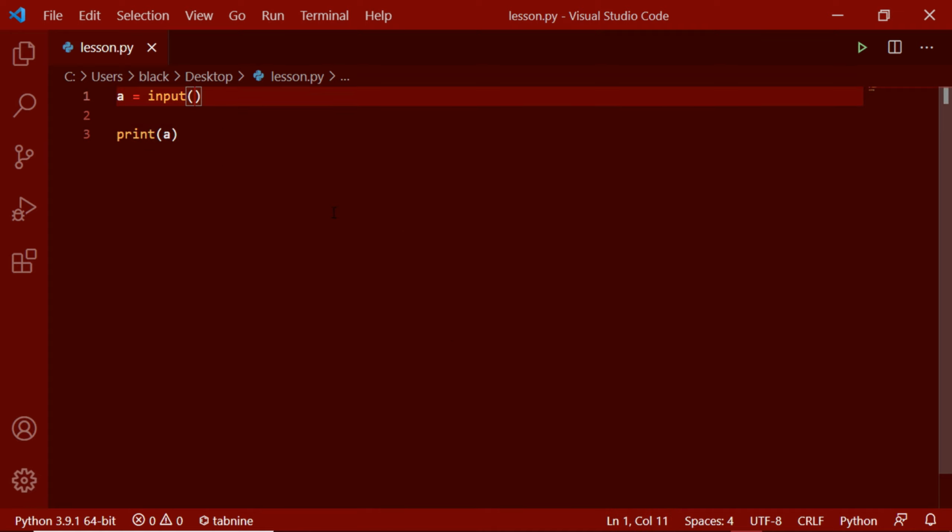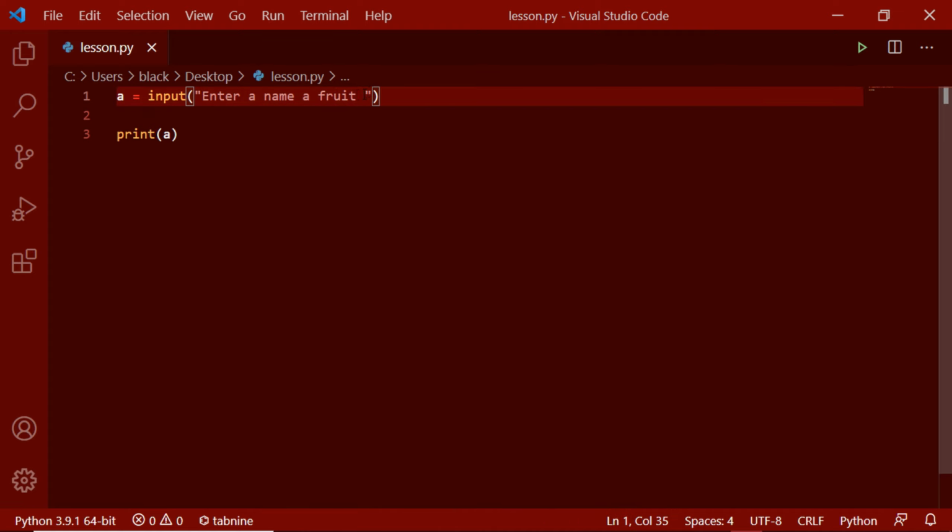Now let's say we want to give our user a message about his input. Here let's say, enter the name of a fruit, and a space. I'm adding this space because after the message, the user will be prompted to give his input just after the word fruit, without any space if we didn't add one here.